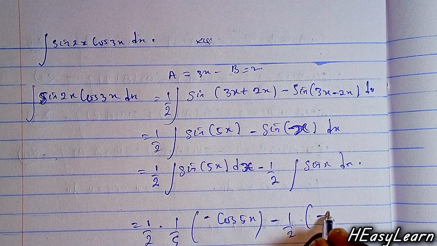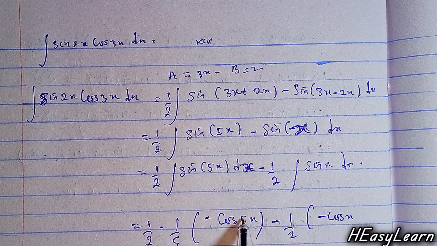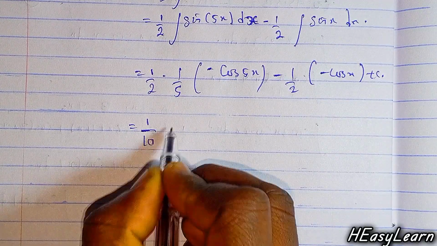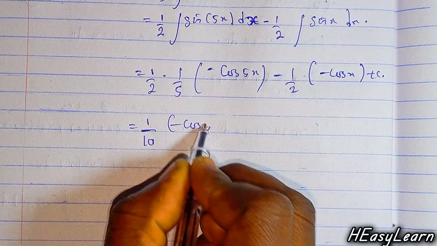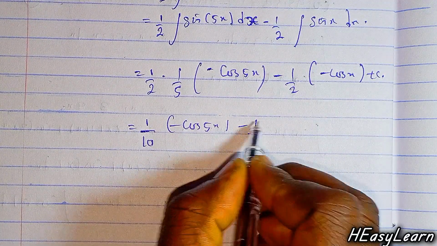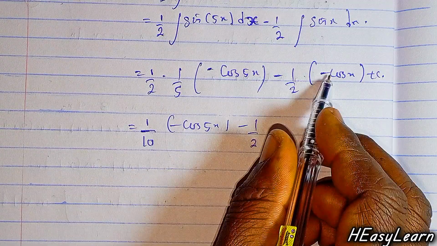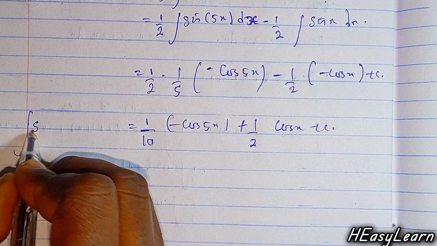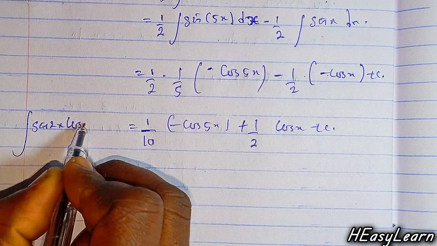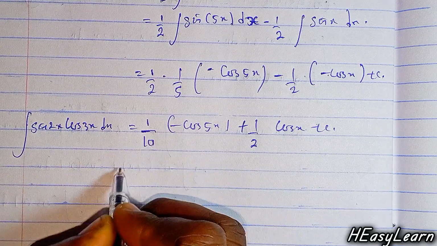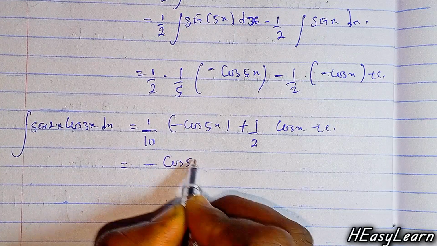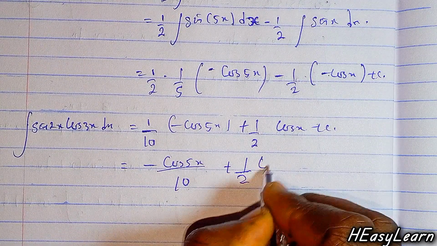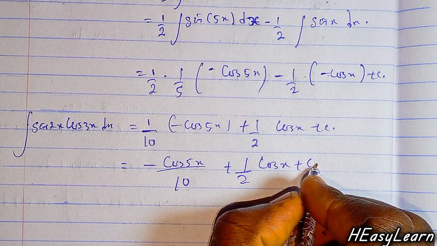5x minus 1/2, the integral of sin x is minus cos x, plus constant of integration. This is the same thing as 1/10 times minus cos 5x minus 1/2. The minus will come outside, so we have cos x plus constant of integration. This is the integral of sin 2x cos 3x dx. Here we can rewrite it to be minus cos 5x divided by 10 plus 1/2 cos x plus constant of